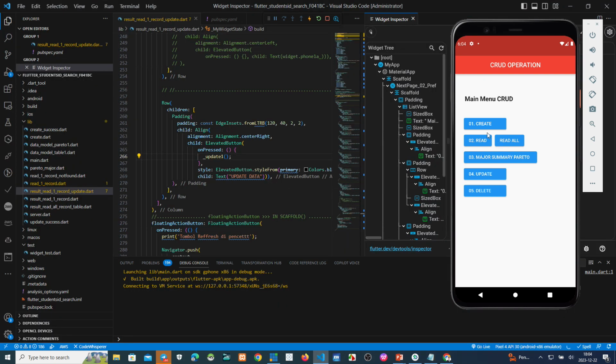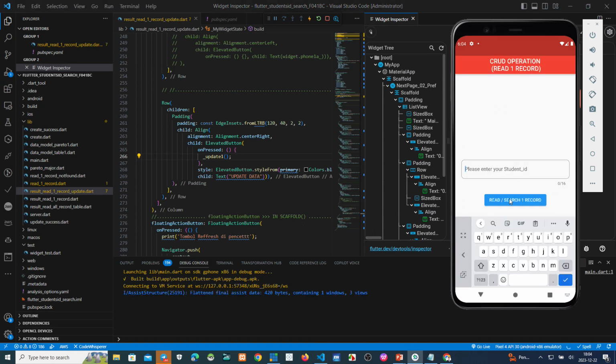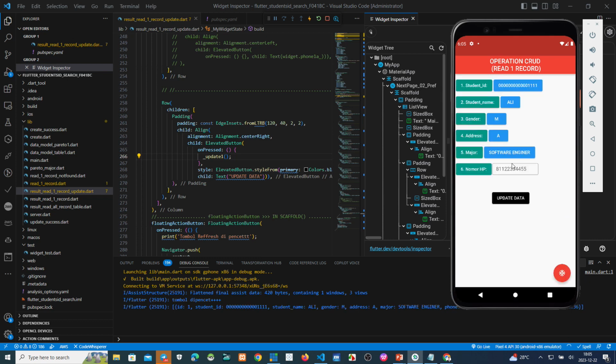Okay. We click here, read. We can search for read data by student ID, like this one. Click here. This is the parameter or data: student ID, student name, gender, address, major, HP number, and so on.